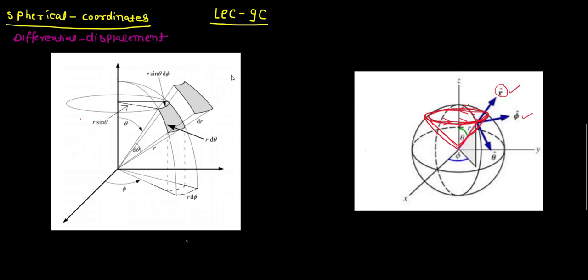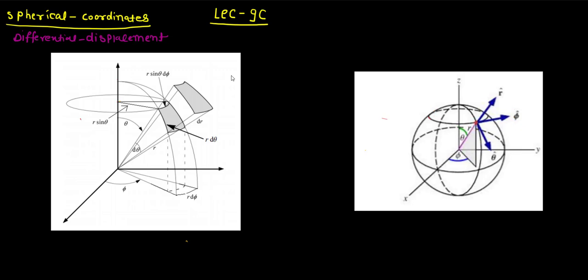Okay, now I told you that if you are going into the phi cap direction, or in any particular direction, then the other two parameters would be constant. So if you are going into the phi cap direction, then the radius r and the theta, which is the angle from the z axis, would be constant. Just imagine you are going along this circle, then this angle theta would always be constant, whether you are at this point or at any other point in this sphere. Okay, whenever you are going into the phi cap direction.